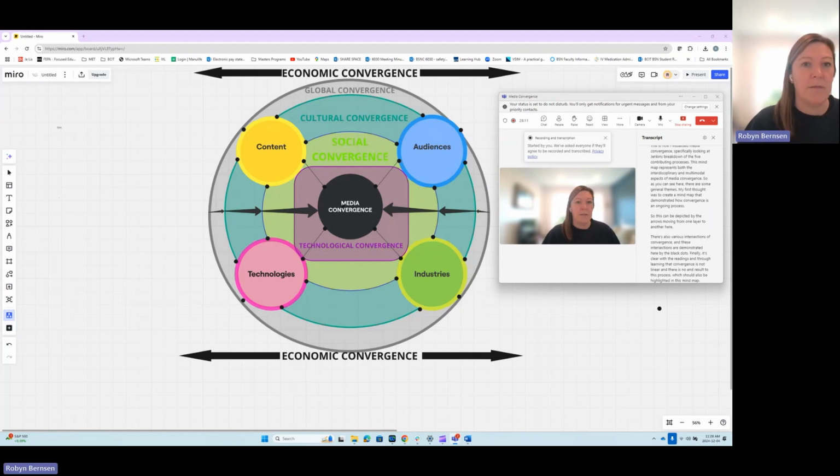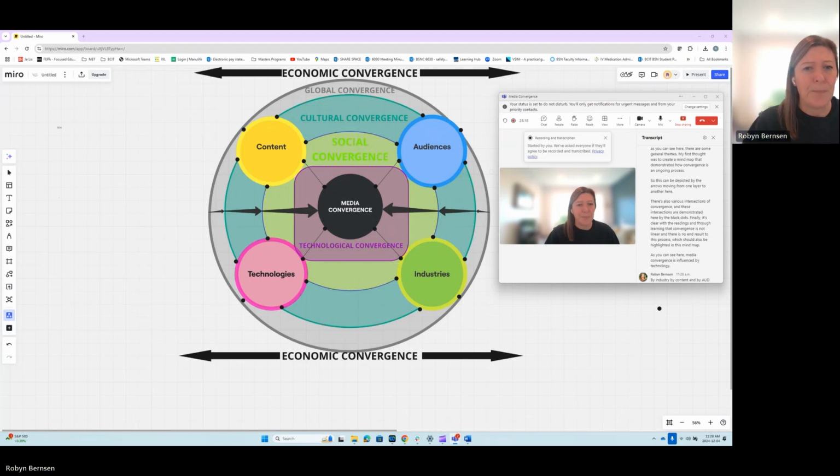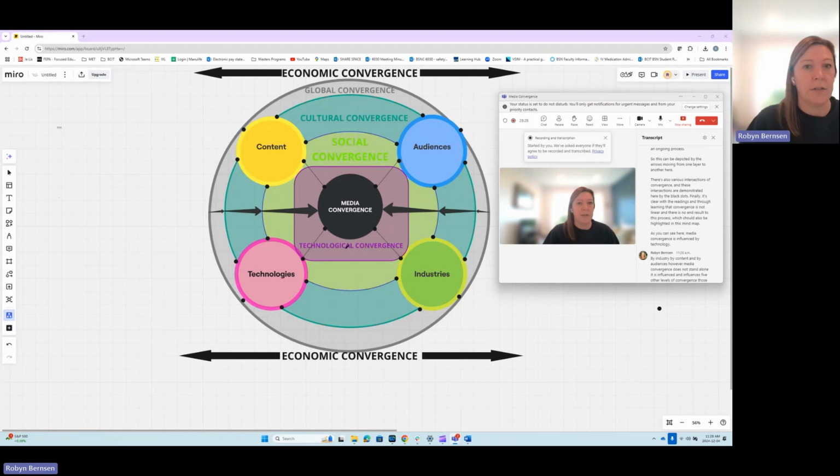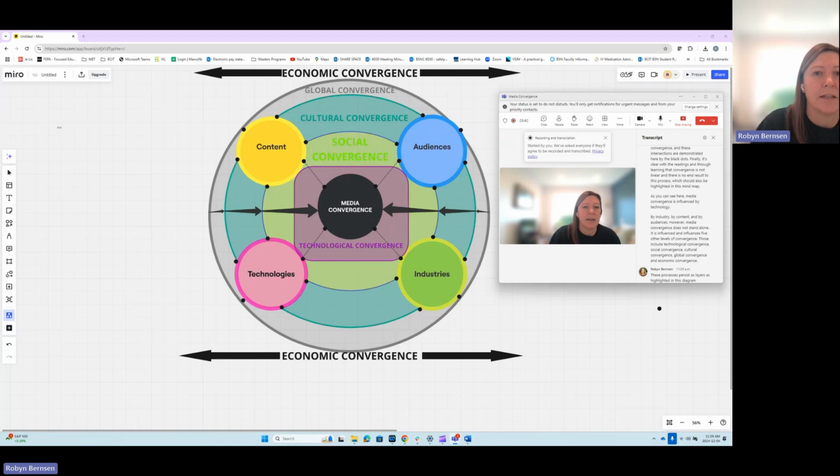As you can see here, media convergence is influenced by technology, by industry, by content, and by audiences. However, media convergence does not stand alone. It is influenced and influences five other levels of convergence. Those include technological convergence, social convergence, cultural convergence, global convergence, and economic convergence. These processes persist as layers, as highlighted in this diagram, and these layers are connected by their content, technology, industry,